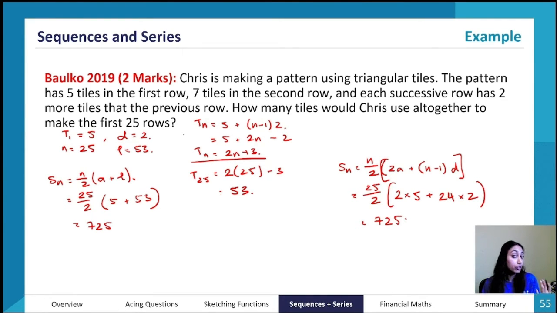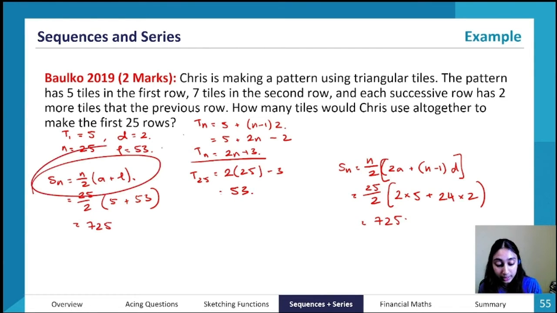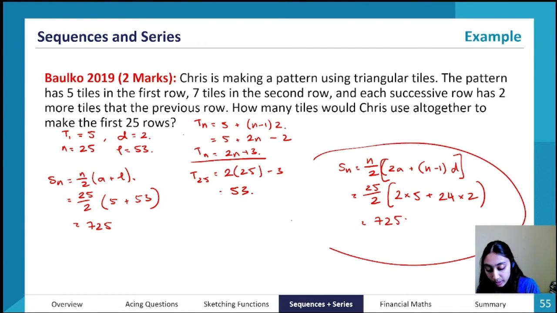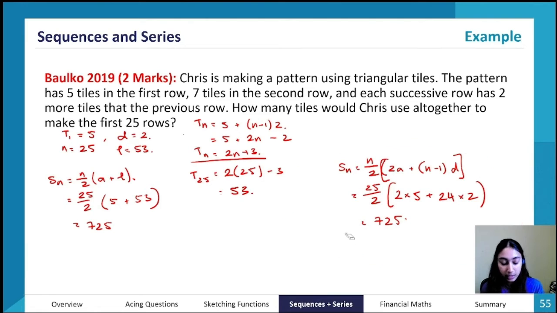Okay, so it depends on the situation when you want to use what. A lot of the time you could use either one. But just so you know, even though this equation is a little bit nicer, this one requires less steps of working. So it's whatever suits you best, and obviously whatever the question gives you the circumstances for. But you should know how to comfortably use both, ideally, by the time you get to your trials.